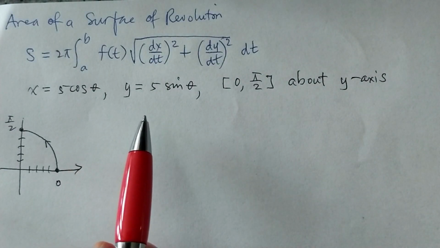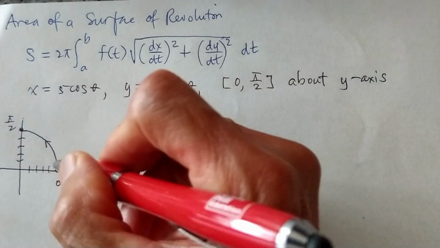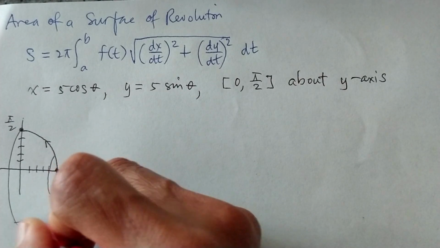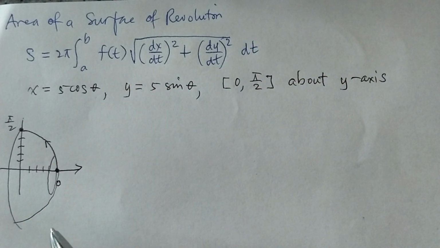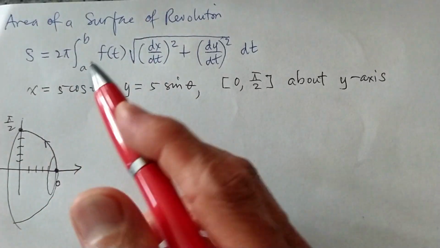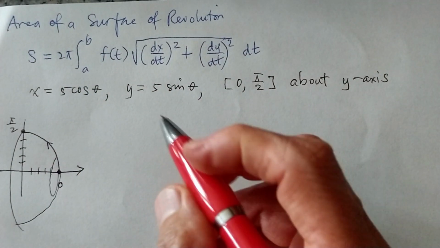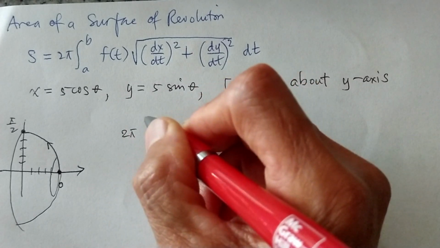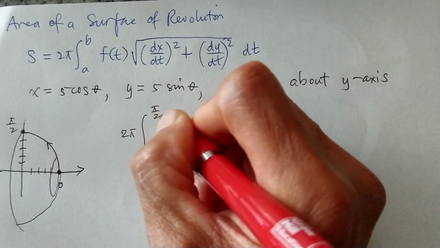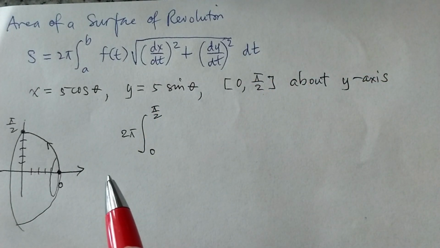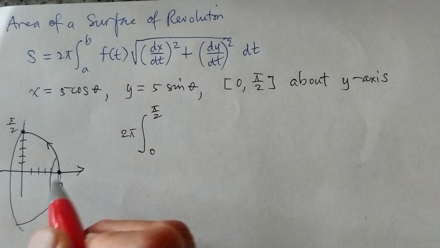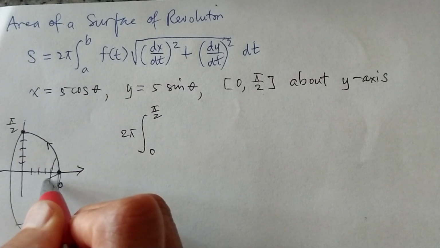We want to revolve this curve about the y-axis. So the graph should be something like this. And then we want to find the area of the surface. Now using our formula here, it says 2 pi integral from 0 to pi over 2, because we are revolving about the y-axis, so the graph should be like this. Okay,